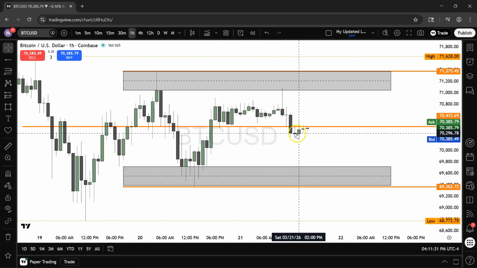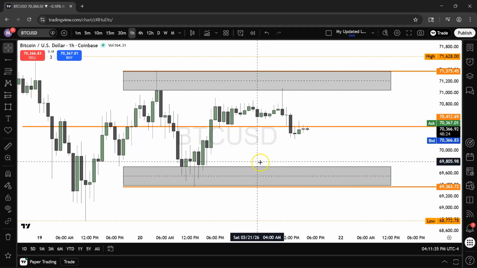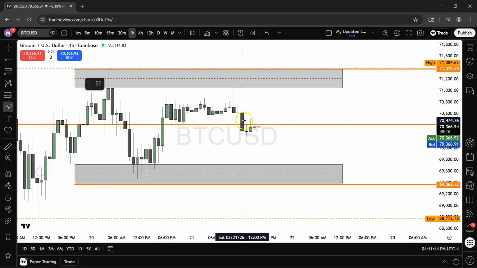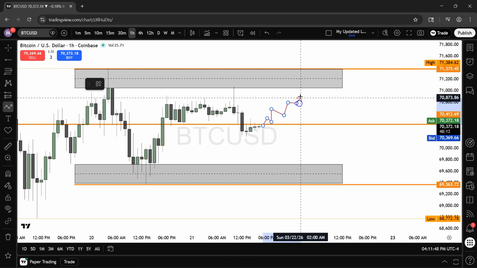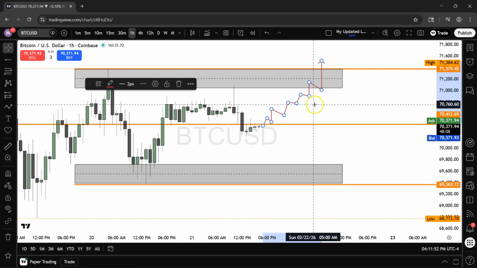As you can see, it's going right. It's not making any higher highs. It's not making any lower lows. But if I see a candle, I'm going to get this tool here for you. If the candle trends like this and breaks above the high,